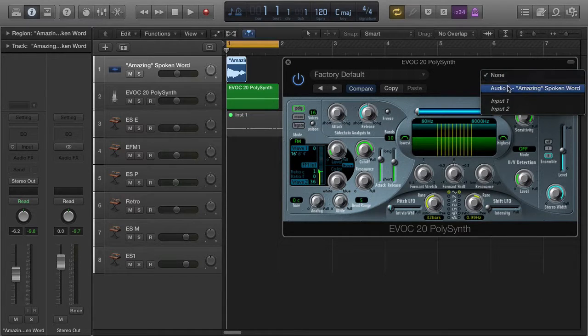So I will go to the sidechain and see that it's right there selectable. And now my PolySynth, my EVOC 20, is completely set up to start using that audio signal to create different sounds with my MIDI keyboard. One last thing that will come in handy, not only for you to understand what I'm doing with this tutorial,